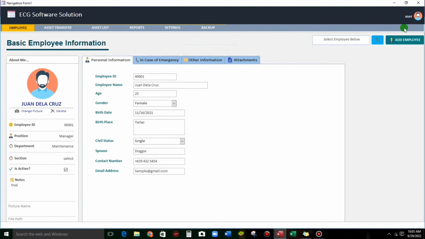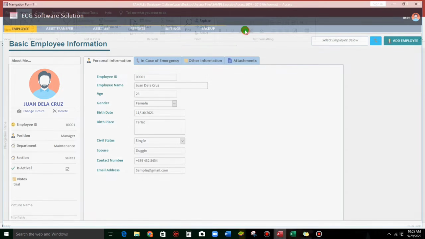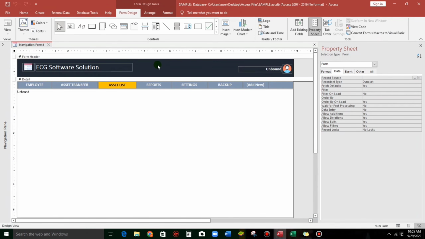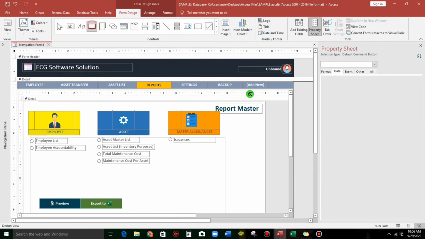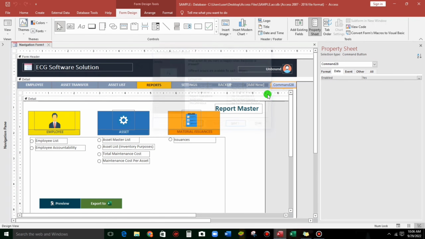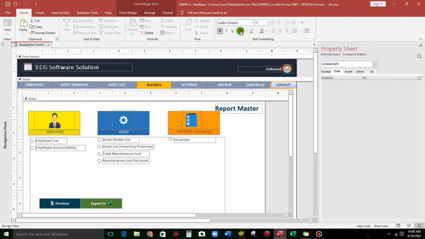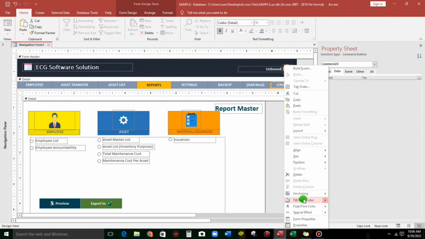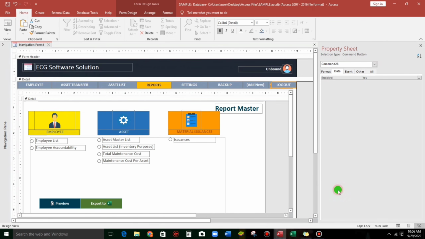But by the way, the logout here was not visible. So I will add it. It's not a problem. Okay, log out. Format is this. Anchoring, top right,